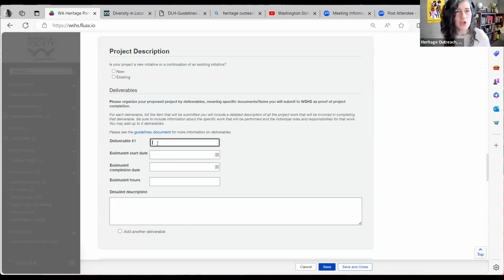Let's just say you were doing a collections inventory for a specific collection, and at the end of that inventory you are going to have maybe a spreadsheet that shows, for each catalog record that you inventoried, a corresponding action or takeaway based on the process that you went through.